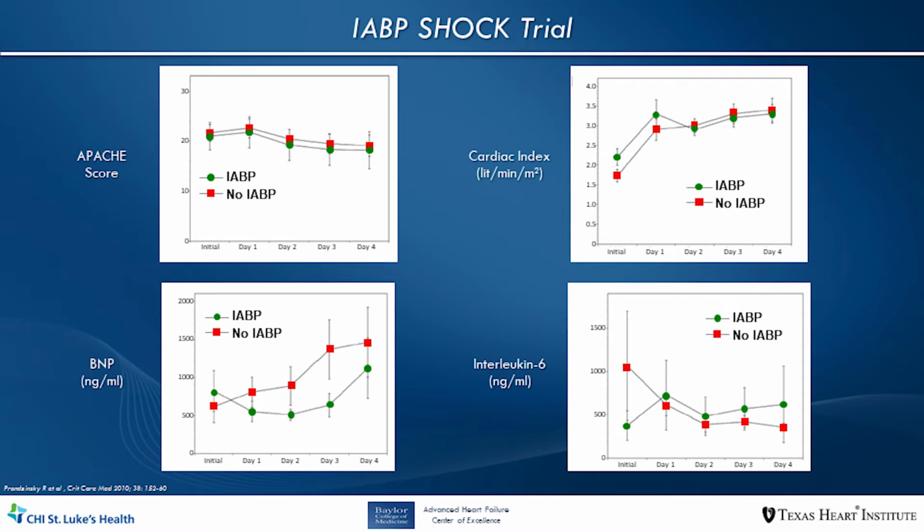So if we look at the top right panel, we see cardiac index. We see there's really no difference in cardiac index in the patients on balloon pump support versus not on balloon pump support. We look at the bottom right, interleukin-6, patients on balloon pump support had higher levels of inflammatory markers, which is not necessarily what you want in the setting of a myocardial